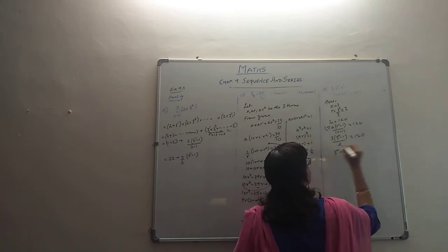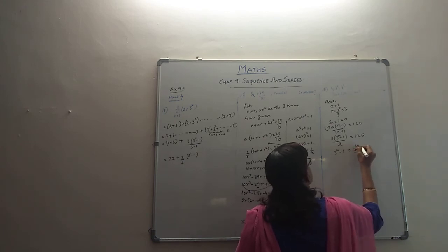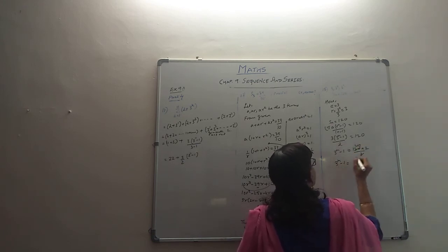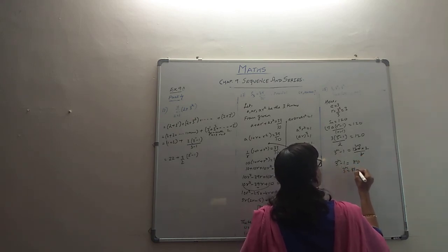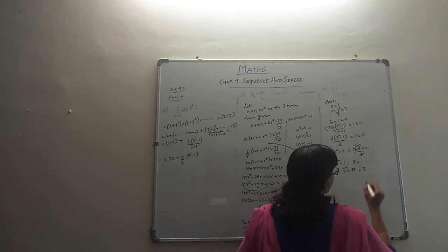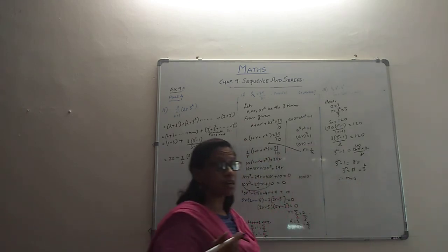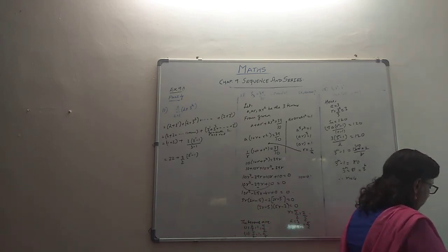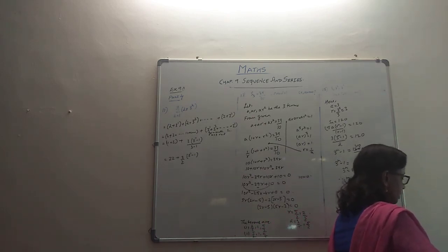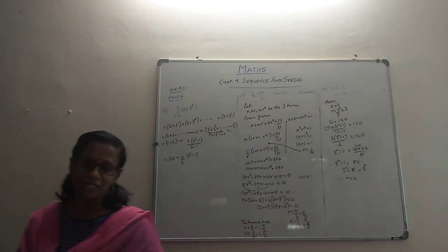So let's have it simplified. 3 raised to n minus 1. The 2 will go to the numerator and 3 will go to the denominator 40 times. So 3 raised to n, 40 into 2, it's 80. The minus 1 will go on the other side, it will become plus 1. So 80 plus 1, 81. Blessing in disguise, because this is 3 raised to 4. 3 raised to 4, so n becomes 4. They have asked us how many terms? The term number is 4. That's about the problem number 13. We get the value of n as 4. Okay, so with the remaining problems, we will meet in the next video. Thank you.